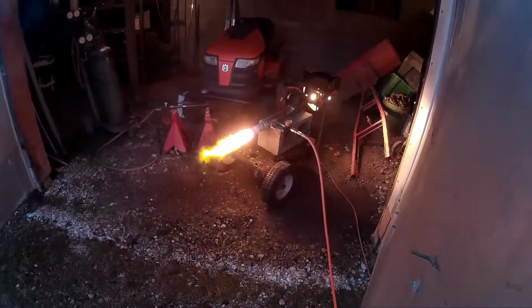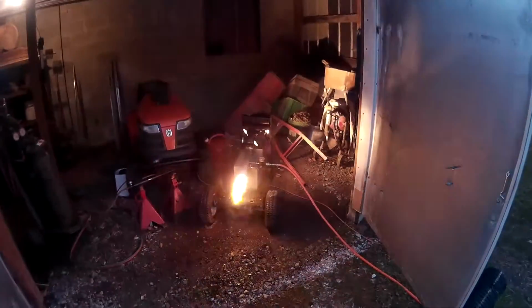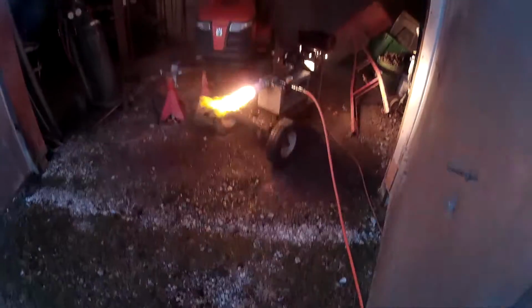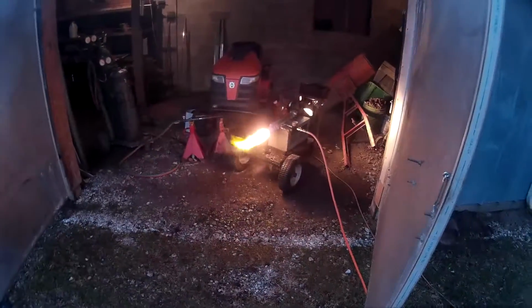So I figured I better run to get the camera to show that I did actually figure out how to get it to burn on nothing but vegetable oil. I'm just now noticing, I don't know if it'll show on video, but the gravel out in front of the shop here is glistening. So it's wasting a lot of oil. It's definitely not efficient. It's not doing a good job of burning efficiently. About all I can say is that yes, it is burning, but I think it might do better if it was in